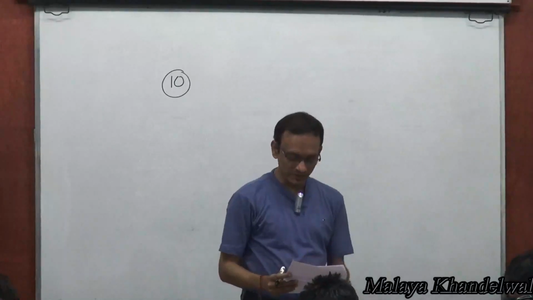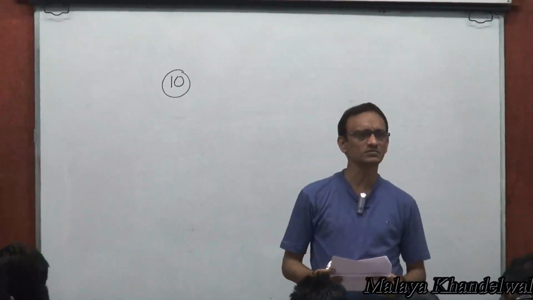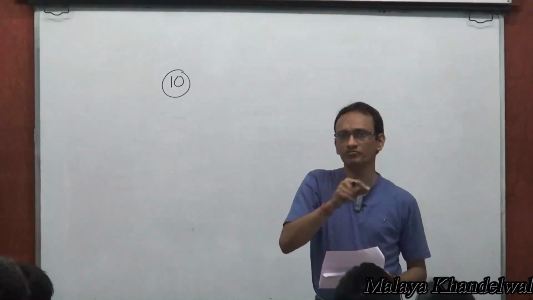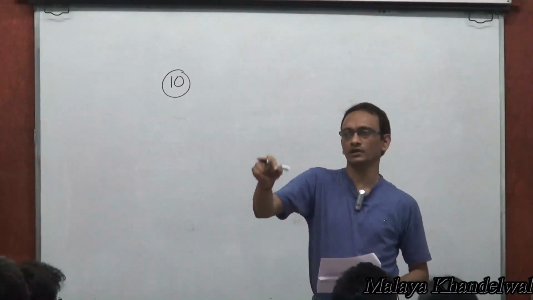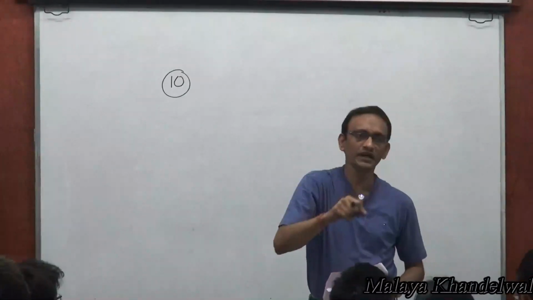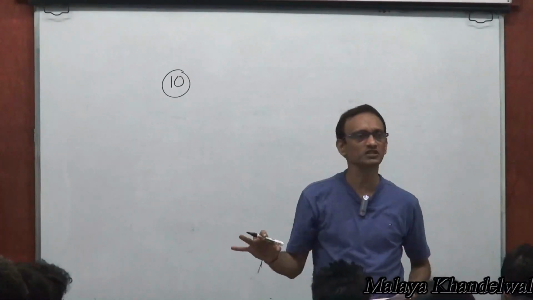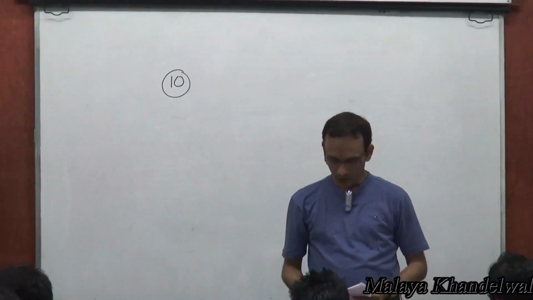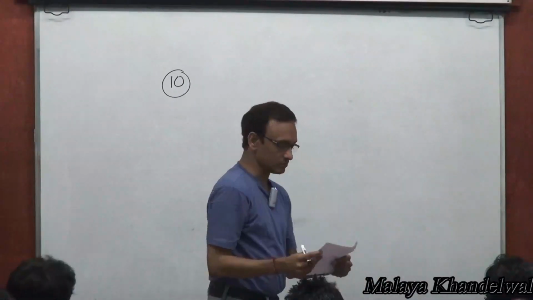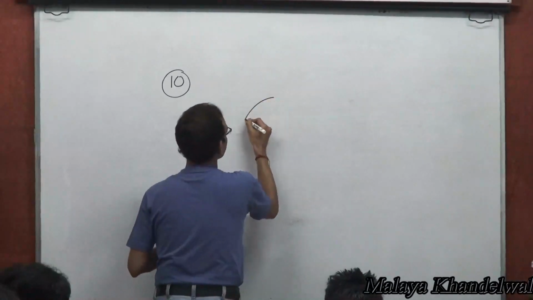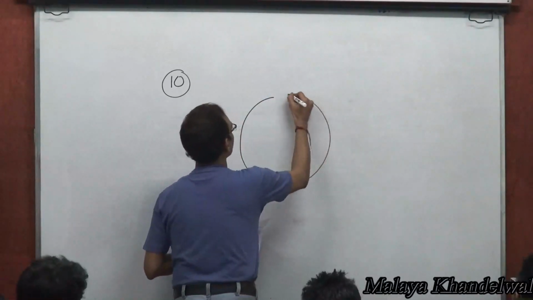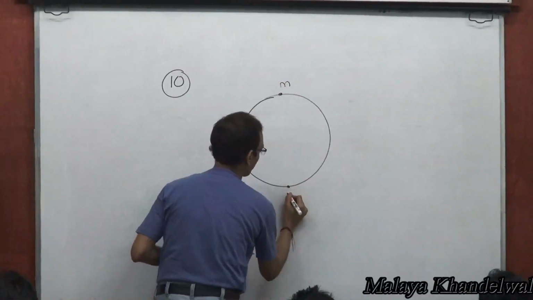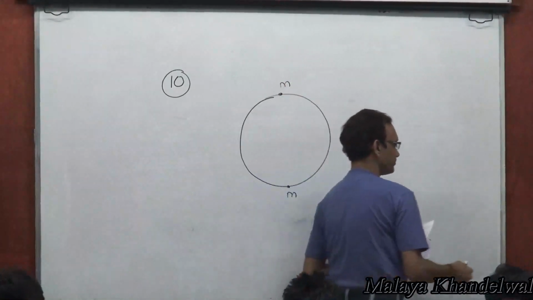A distant double star consists, you know what a double star system is? Two stars having a common center of mass, and they move in a common circle with the same time period and in the same sense. That's a double star system. So we have a double star system comprising of dense stars of mass m, m,